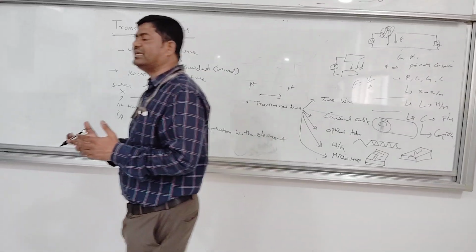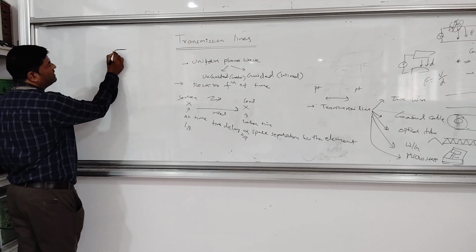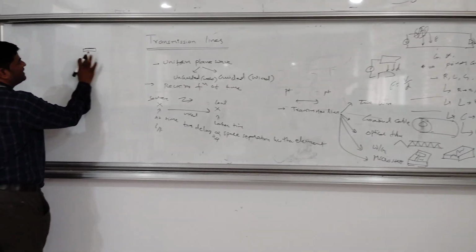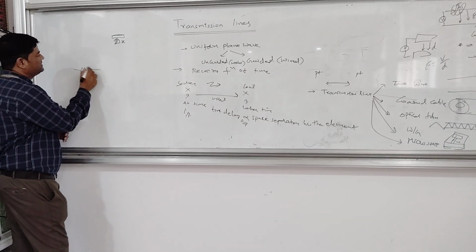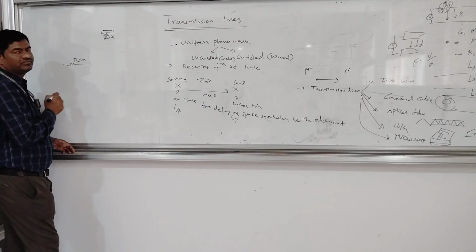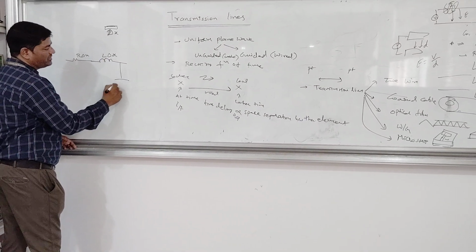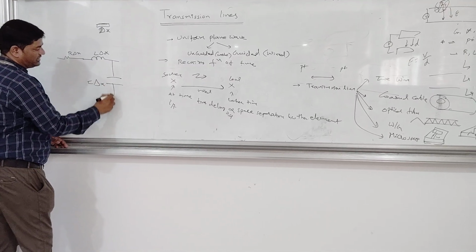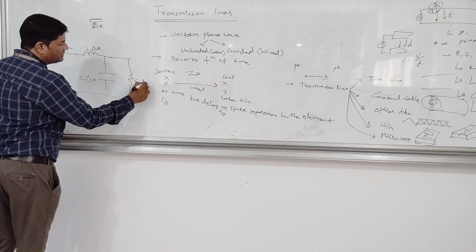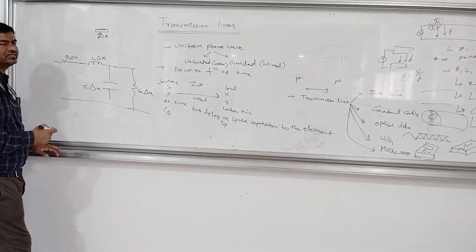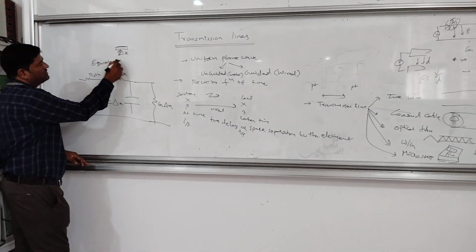So these are all of a distributive nature. We take a small distance on this transmission line, which we call delta x. From that we can write an equivalent circuit: resistance R into delta x, inductance L into delta x, capacitance C into delta x, and similarly conductance G into delta x. These are the four primary constants, and this is the actual equivalent circuit